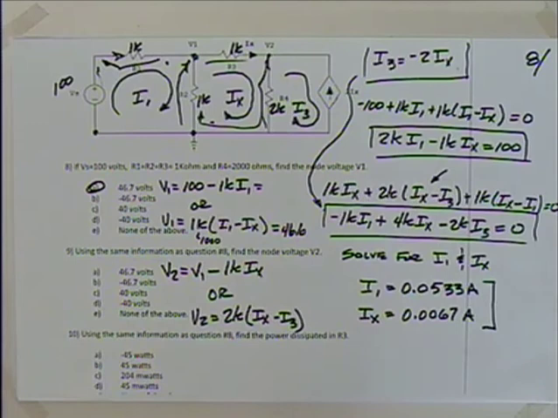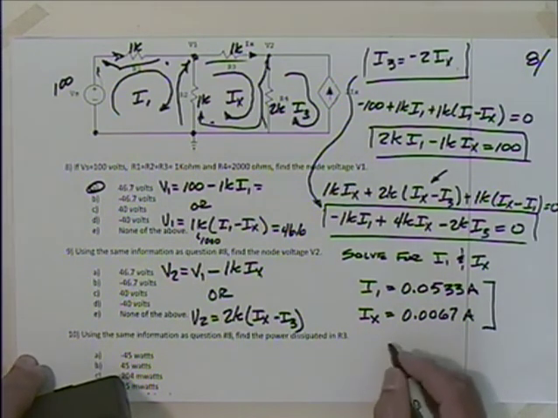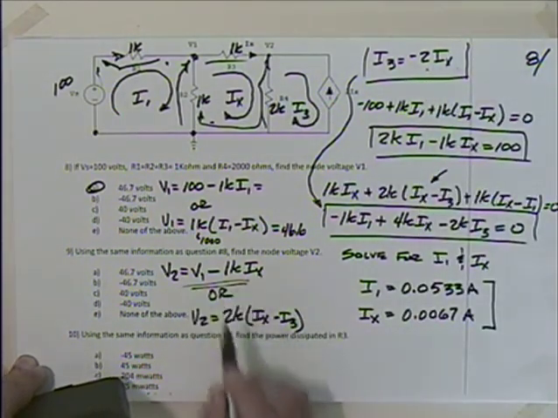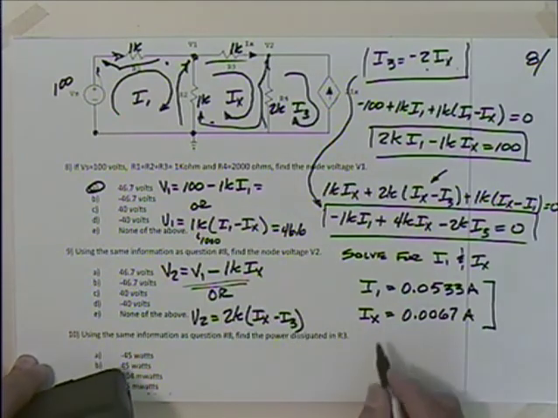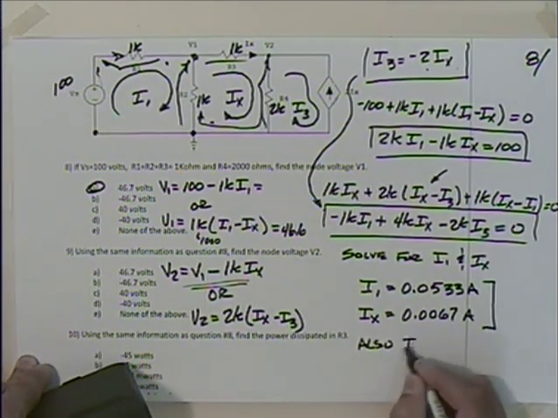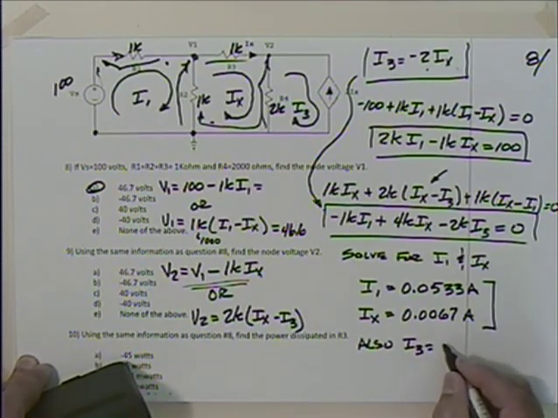So when you go through that, let me double check that. IX minus I3. Oh, I have to get I3 for that, don't I? Well, I could probably do that. I3 is minus 2IX, I reckon. So this one's probably the easier one. That's how I did it in my notes. But let me double check this. I3 would be minus 2IX. So I have minus 2 times